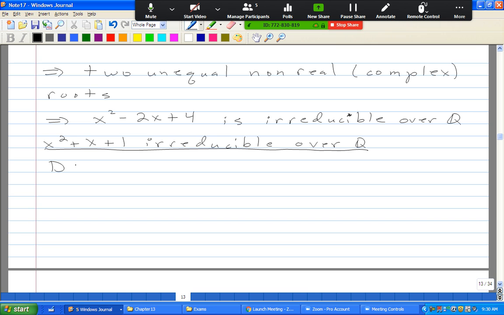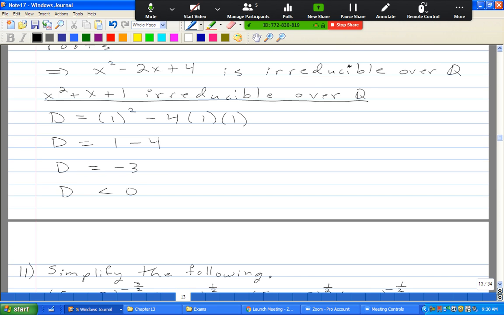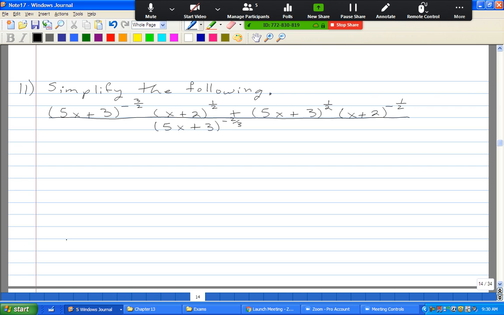So my discriminant is b squared minus 4ac, which is negative 3, which is less than 0. Again, that just means that, just like above,